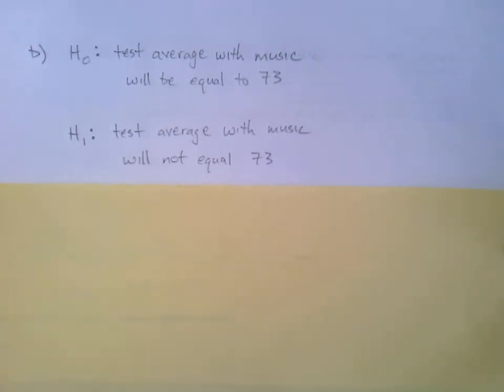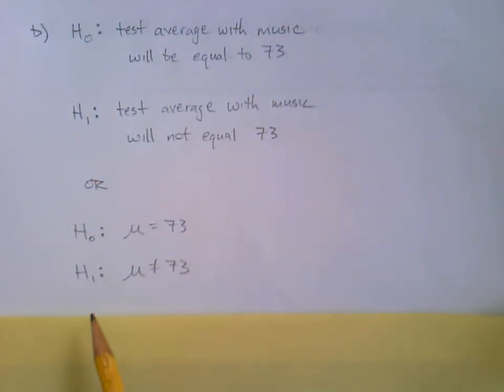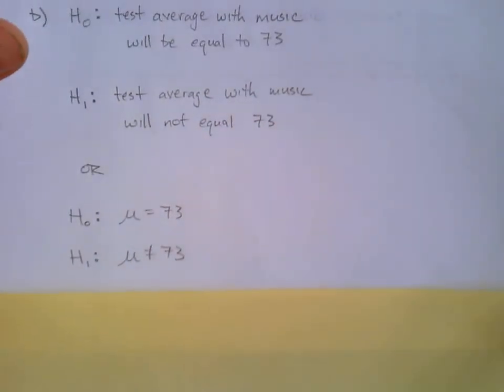Now we might set this up a little bit different with just symbols. We might say, much simpler, the null hypothesis: the average for the students is going to be equal to 73. The alternative here: the average of all this teacher's students will not equal 73. Maybe higher, maybe lower. We don't know. Whatever it is, it just won't equal 73. Okay. So that does it for practice problem number 1. I have one last statement there at the bottom